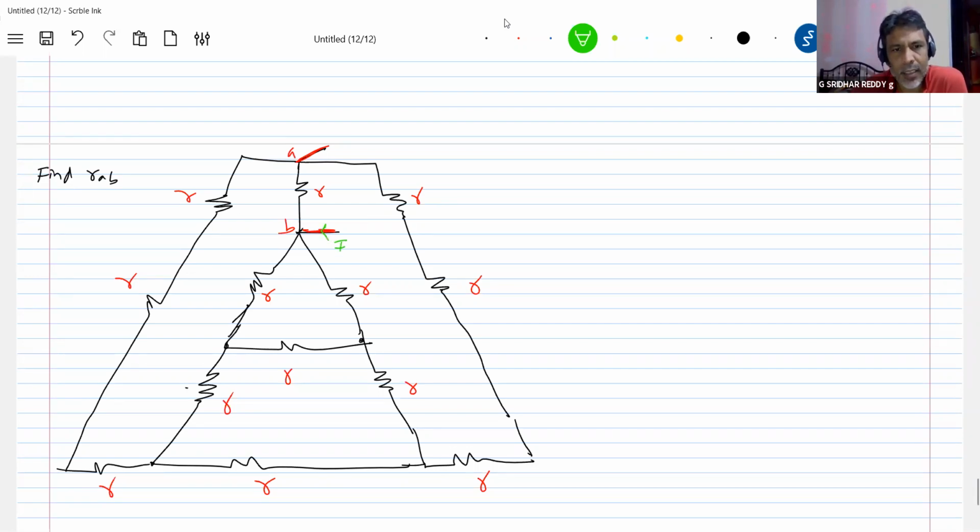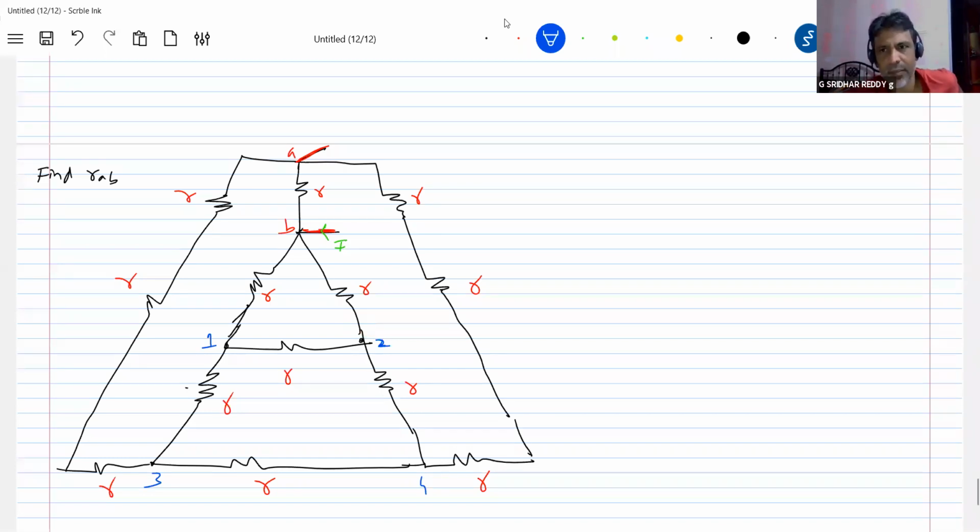I. Now look at this particular branch here. What is the branch resistance? It is R. And what is the branch resistance here? It is R. So just by looking at branch resistance, you cannot divide the current equally. You should also look at the further junctions. Are the junctions similar? We have junctions 1 and 2, and the junctions 3 and 4.